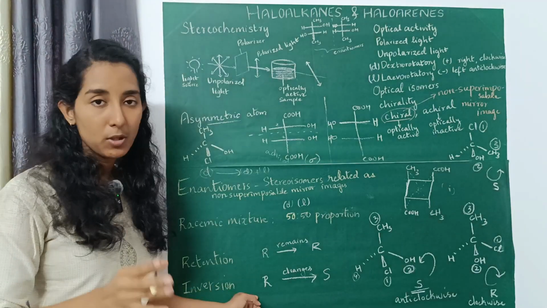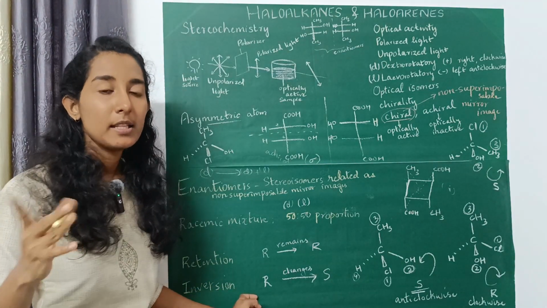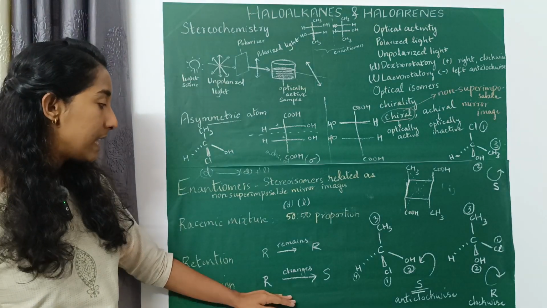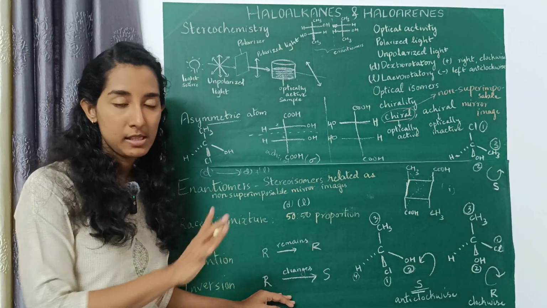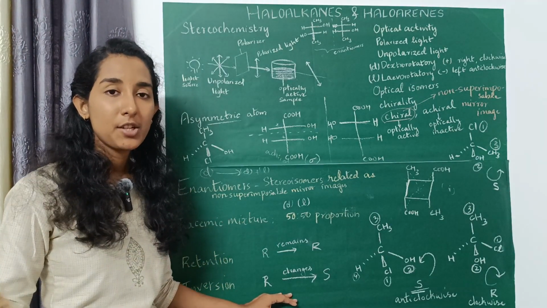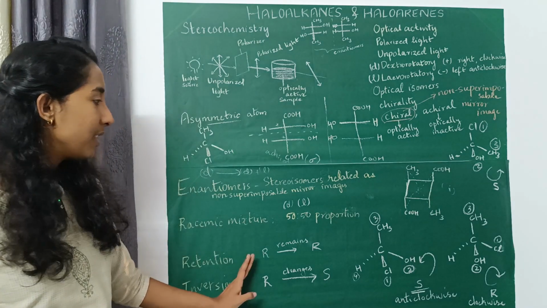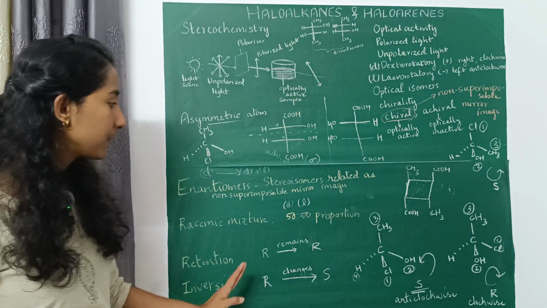Whereas if the R configuration changes to S, then you say there is inversion of configuration. Or if a compound was initially S and after the reaction changed to R, then there is inversion of configuration. To explain this in detail, for example,